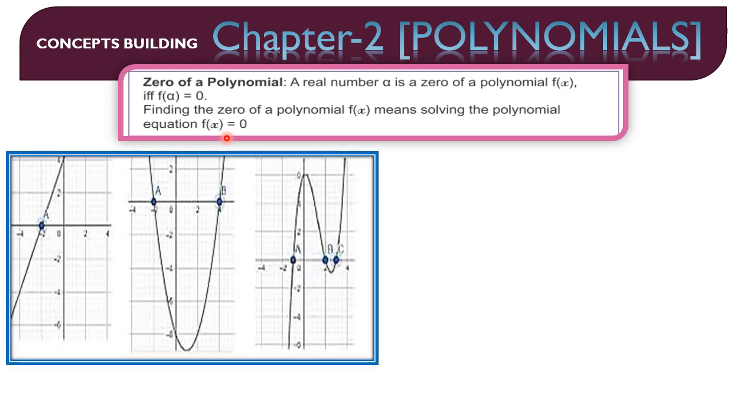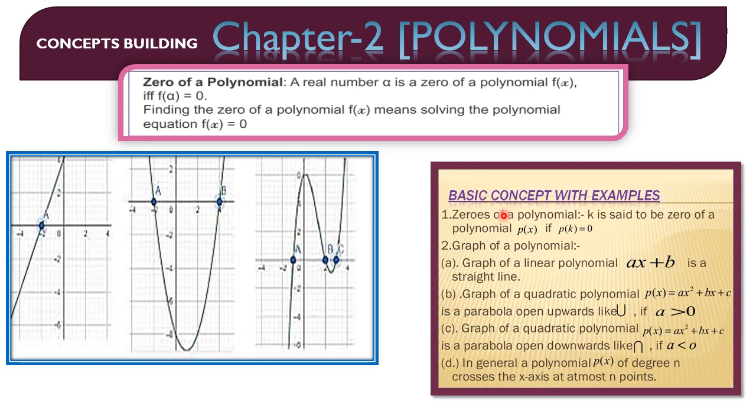So here you can see graphically, like here this is a linear graph which intersects the x-axis at a point, so how many zeros do we have? Only 1. Same way, the second graph is for a quadratic polynomial, where you can observe this U shape. You know that it's a parabola shape which intersects the x-axis at 2 different points, so how many zeros? 2 zeros. Same way, in the third figure, it intersects the x-axis at 3 different points, so the number of zeros is how many? 3. So here we have to remember these concepts.